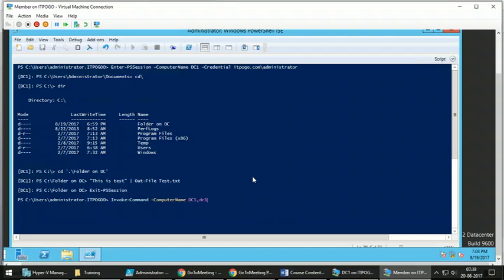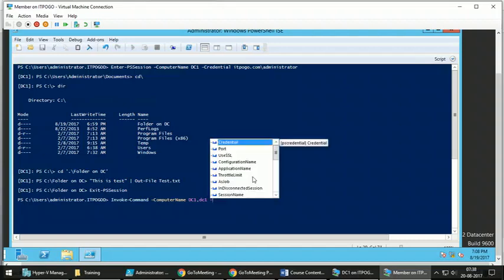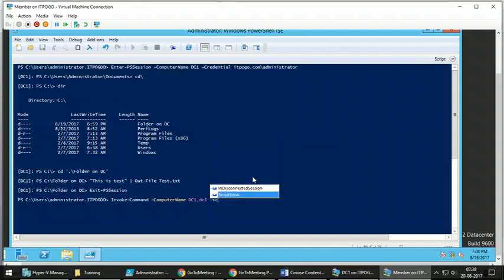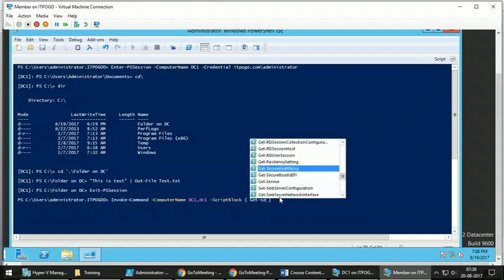So this is how you can specify multiple computers using Invoke-Command, and there are two things now. First is, either I can run a script block. A script block will be a set of commands given inside curly brackets. This block of commands will be executed on the target machine and the results will be shown locally on your computer. For example, if I run a command like Get-Service,